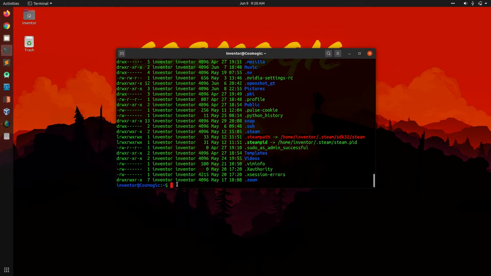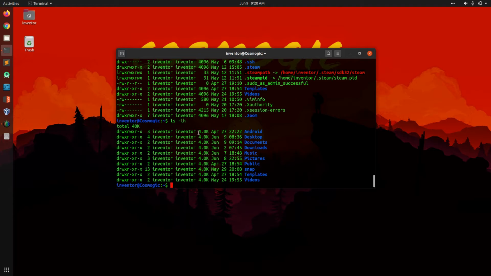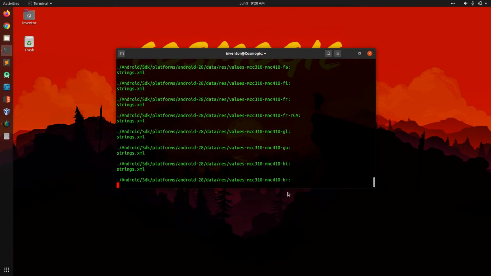Moving to the next, to get the files with their human readable file size, we write ls -lh. Now here we can see 4 KB, 0.4 KB, 4 KB. The next is, if we want to get the directory tree, we can go with ls -R.